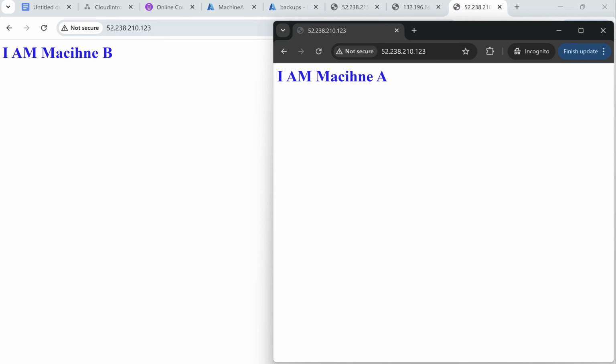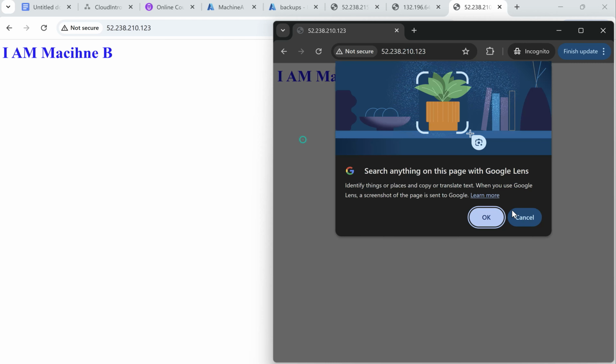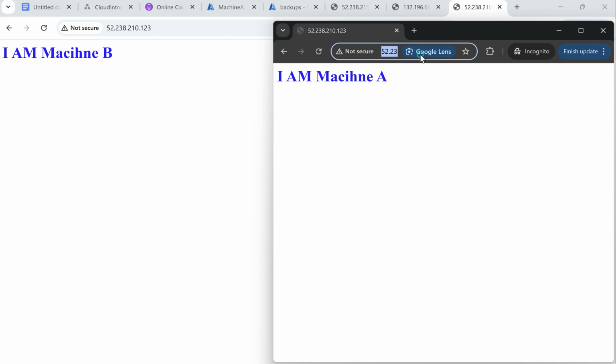IP is the same, 123, 123. One is saying I am machine A, one is saying I am machine B, because the load balancer is sending the traffic either to machine A or machine B. If you see the IP here, 123, the 123 IP is the same,